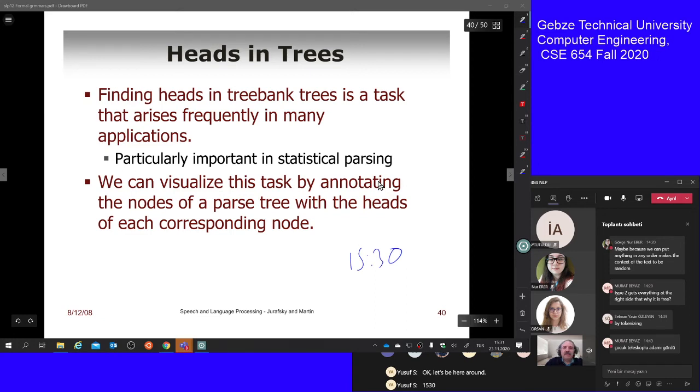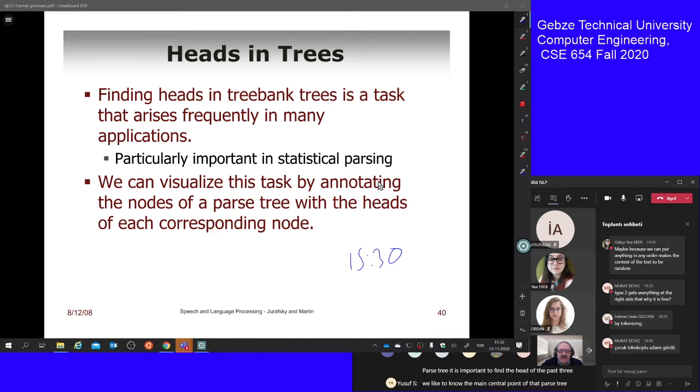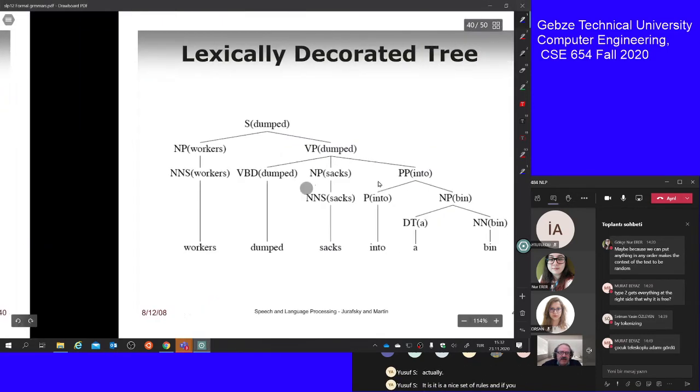Okay, let's look at this topic of heads again. In a given parse tree, it is important to find the head of the parse tree. We like to know the main central point of that parse tree. It doesn't matter if it's a parse tree of a sentence or part of the sentence, such as the verb phrase or the noun phrase. Finding the heads of a parse tree is not an ambiguous thing, actually. It has a nice set of rules, and if you follow the rules, you are going to find the head